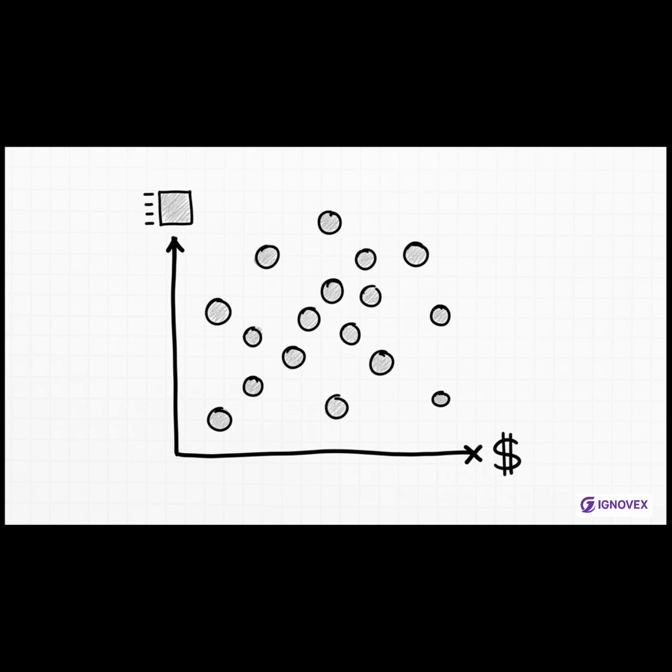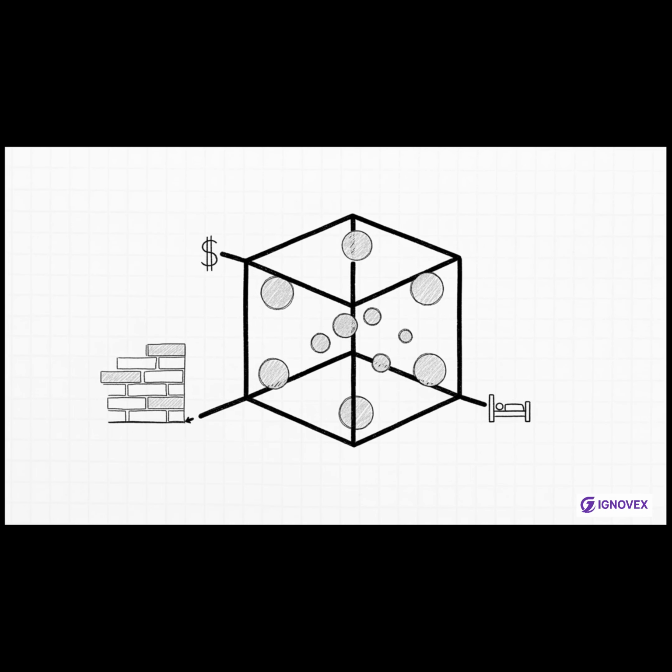Okay, now let's add a second feature. Let's say square footage. All of a sudden, each house is a little point on a flat plane, like a scatter plot you draw on a piece of graph paper. That's two dimensions. Still makes total sense. So what happens when we add a third one, like number of bedrooms? Well, now our data points are floating around in a 3D space inside a cube. This is basically the world we live in, so we can still kind of visualize it. But this is where our intuition just hits a brick wall.